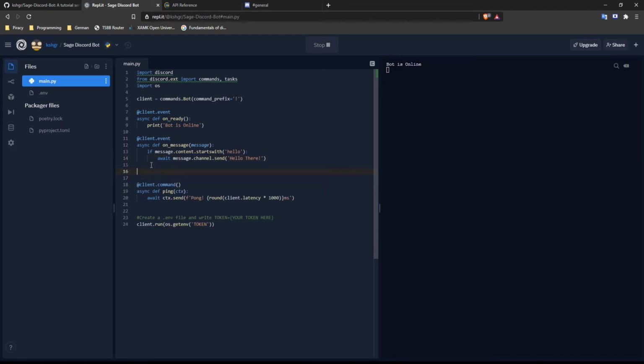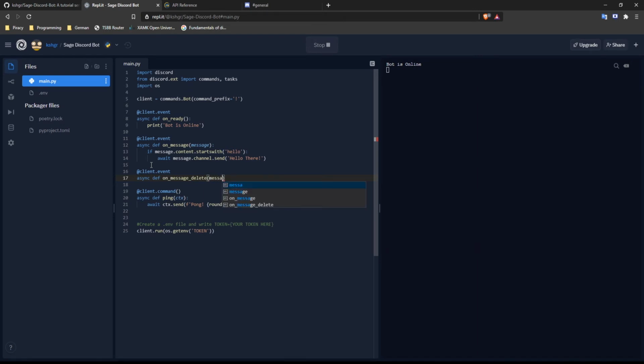Now that we have created an event that triggers on message, let us create an event that triggers when a message is deleted. Let us write another event decorator, that is client.event, and define an async function called on_message_delete. Like on_message, this also takes the same parameter, that is the message.